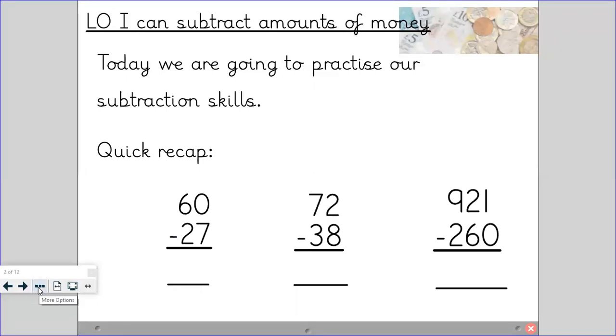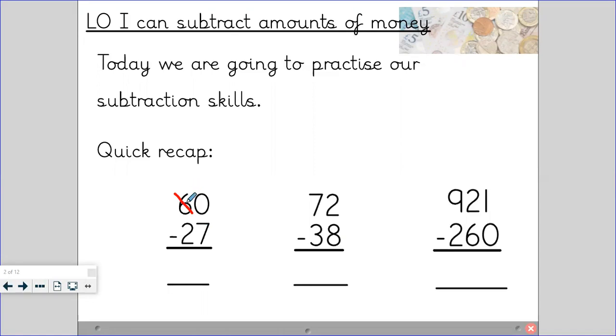Okay, so all of these calculations will involve some exchanging. This is a quick way of reminding you how to exchange when it comes to subtraction. So we start off with 60, take away 27. Same as adding, always start on the right hand column, the smallest digit, so that if you cannot make a subtraction, you can exchange from the next column over. So straight away, we cannot take 7 away from nothing, so we will need to